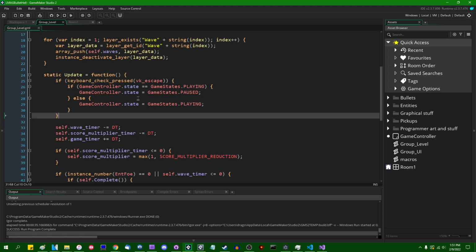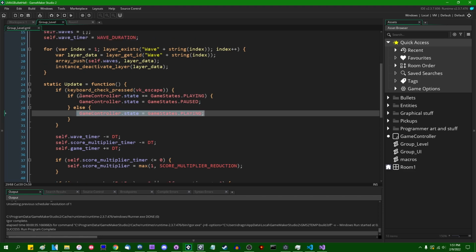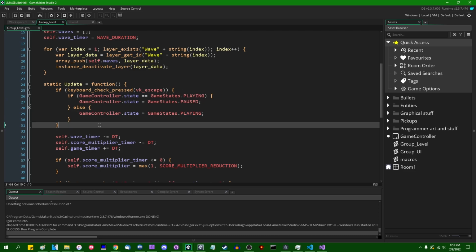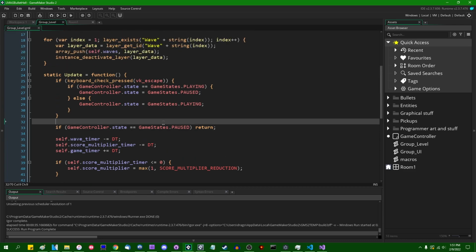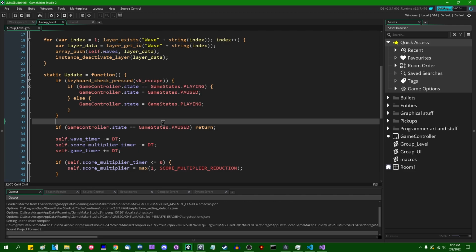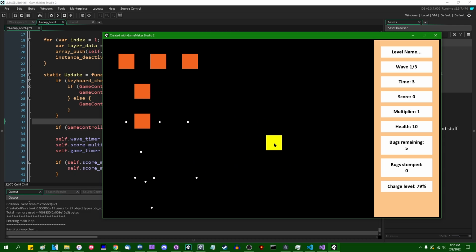And then, getting back to what I said a minute ago, if the game is currently in the pause state, so if game.state equals game states.paused, we can simply return out of any events, out of any methods that are running that would be relevant to the step event. Things will still draw. Animations may still play. I'm not sure if I want animations to still play or anything like that once we get down to doing visuals in the game. But for now, the only thing this is actually applying to is